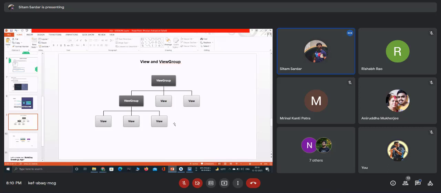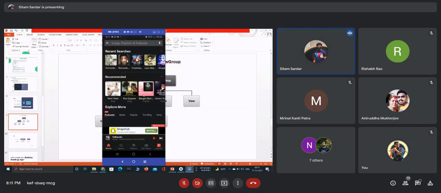If the concept of view group and view is clear, then what are the use cases of these things in Android? Till now we have not seen anything about view and view group in Android. Actually, let me open up this app again. Look at those things carefully. There is an image. To represent an image, there is a view called image view, and there is some kind of text, right?